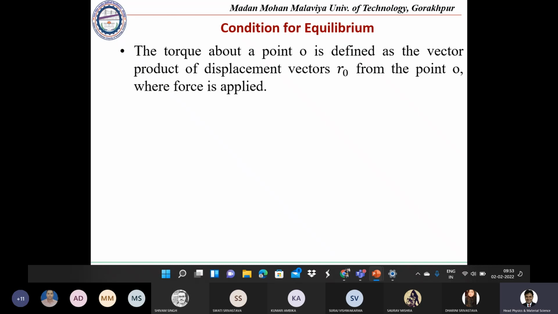Rather than R0, if you say R, that is the distance of the force from the point O, then we can write that the torque is equal to R cross F. These two are vectors here, because in the case of the torque, it is also important whether this torque is at the left hand side of the point of action, or at the right hand side. According to that, they will bear the sign,